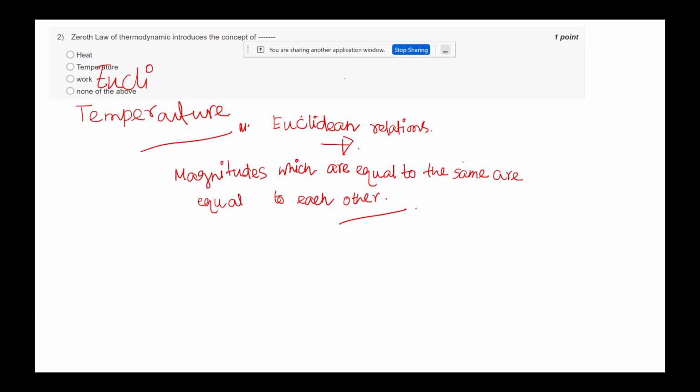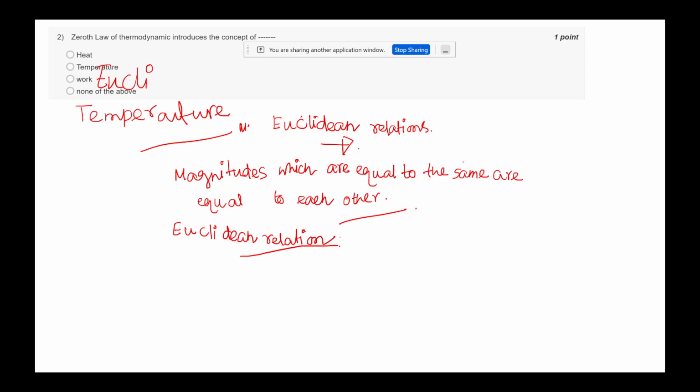So that's why these relations also hold. This zeroth law also holds the Euclidean relation. I want to dive deep into the statement and try to prove why, because sometimes it says that the zeroth law of thermodynamics talks about equivalence, right? Yes, that is why I'm coming to it.